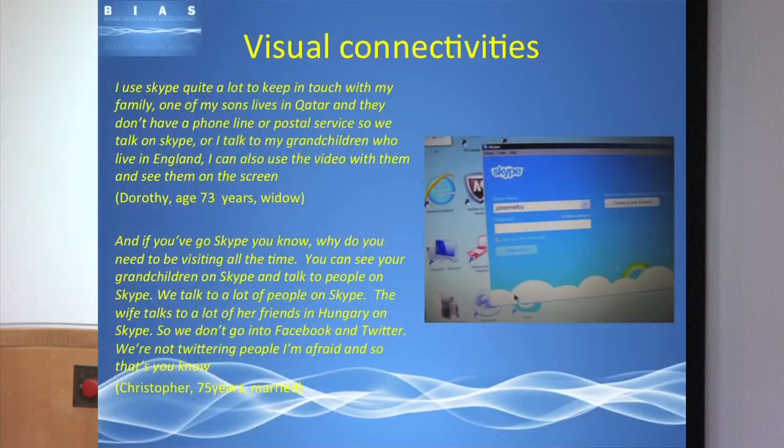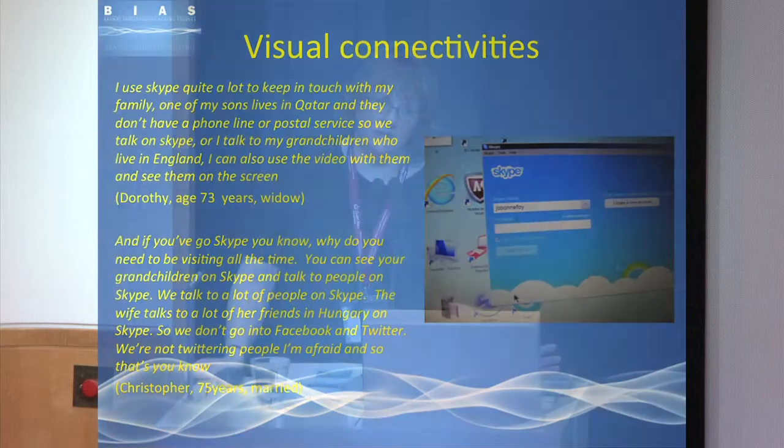It was quite interesting because some of her family was overseas, but some of it was quite local, and they would come round and go on Facebook together, so it could also be a connectivity in a way. Of course, with the one thing with Skype is you can choose or choose not to have visual connections with people.